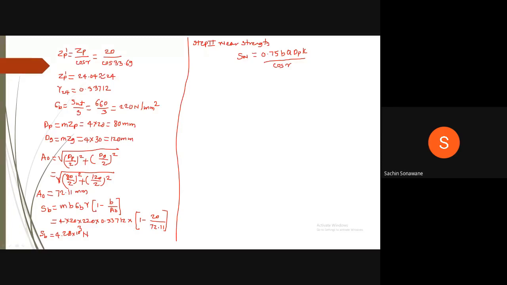Now here which value we are not knowing? Value of Q and value of K we are not knowing. Therefore, find out value of Q. Q is equal to 2 ZG divided by (ZG plus ZP tan gamma). Therefore, substitute the values. 2 into 30 divided by 30 plus 20 into tan of 36.87. Therefore, Q is equal to,